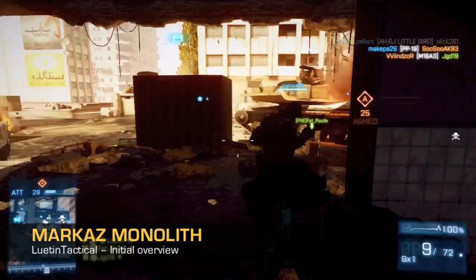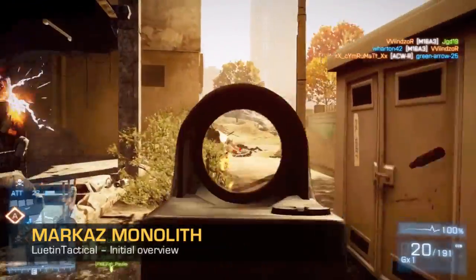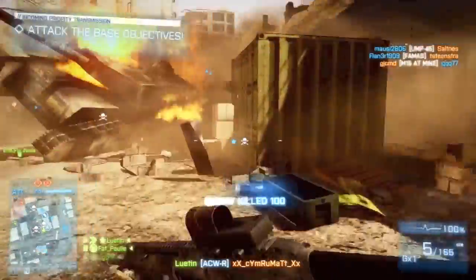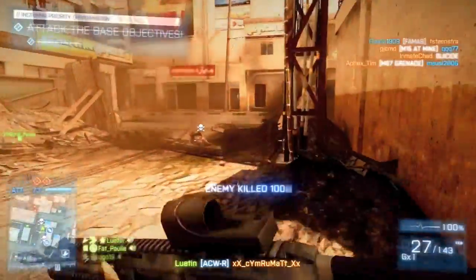People have been asking me about the destruction. How good is the destruction? I think you can see pretty much from this how the destruction is. This whole building here has pretty much been cleared out, destroyed. A lot of the buildings on this map are too big to really come crashing down. You still don't have the full Bad Company 2 destruction where the whole building would come down so